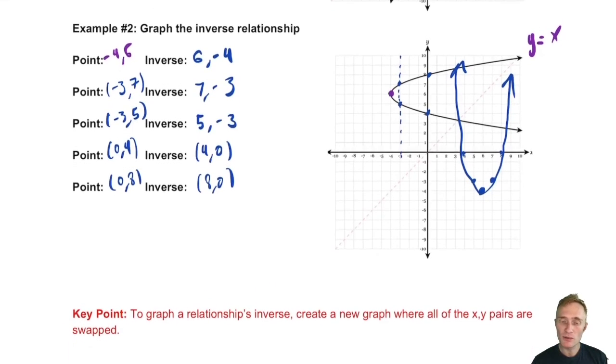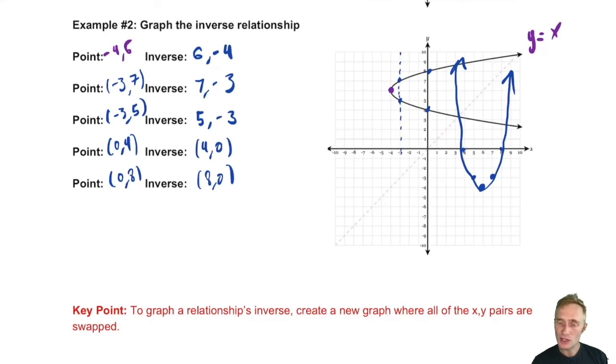So the final key point for today, to graph a relationship's inverse. An inverse function is one where all of the old inputs become the new outputs. All of the old outputs become the new inputs. Inputs and outputs are x and y. So we create a graph where all of the x-y pairs are swapped. Visually, it is like you flip over that diagonal line, the line y equals